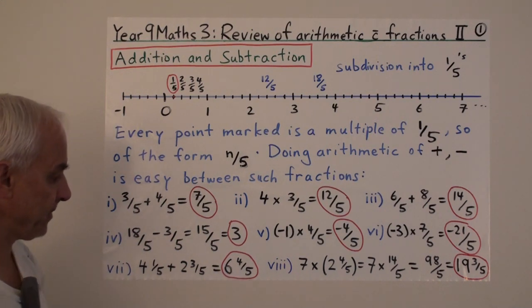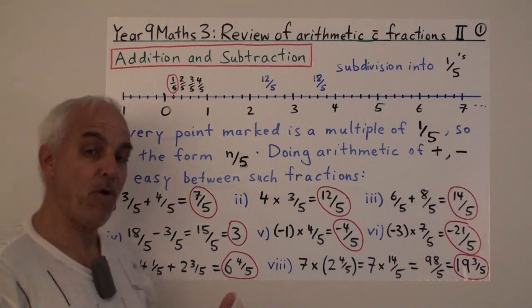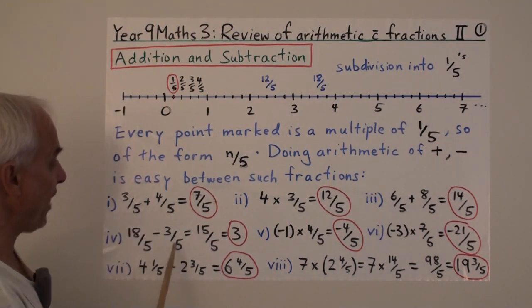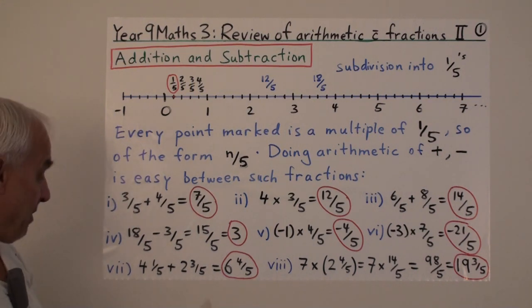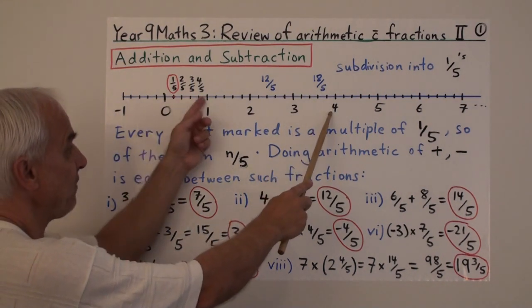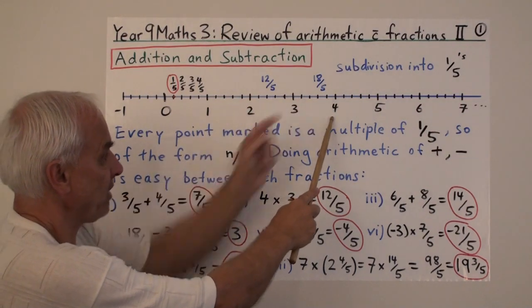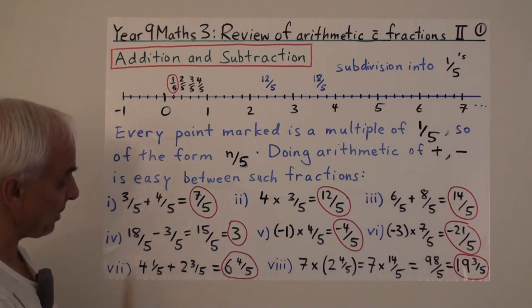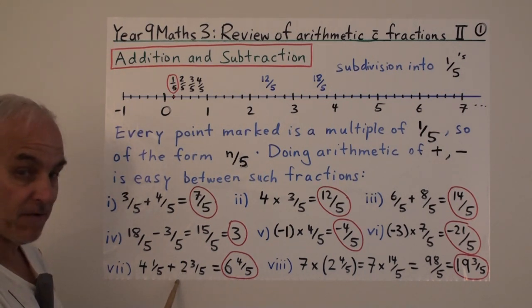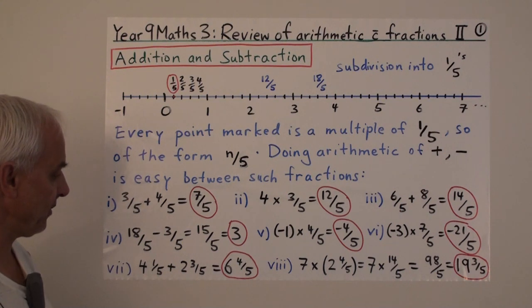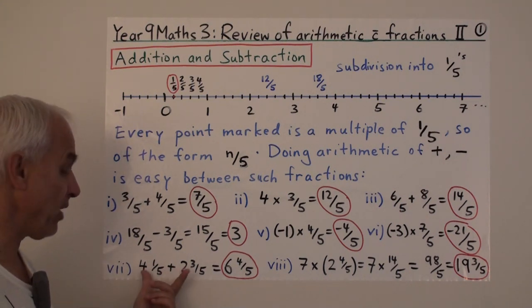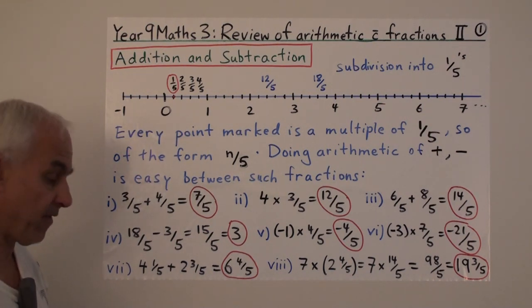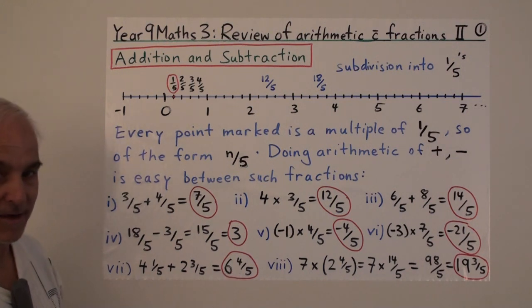Another way would be to convert both of them into composite fractions, to write 4 and 1/5 as 21/5, because the 4 is really 20/5. 5, 10, 15, 20, and if we have one more, well, then we have 21/5. And 2 and 3/5 would actually be, let's see, 2 is actually 10/5, so it would be 13/5. So we can also calculate it that way, 21/5 plus 13/5, which I suppose is 34/5, which is another way of writing that.